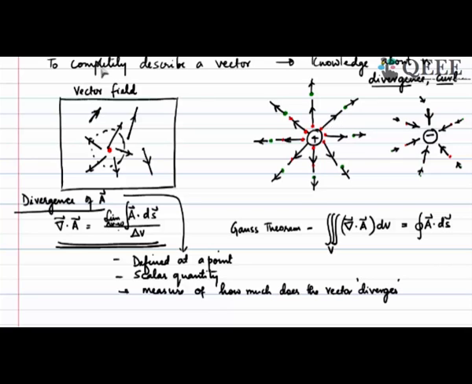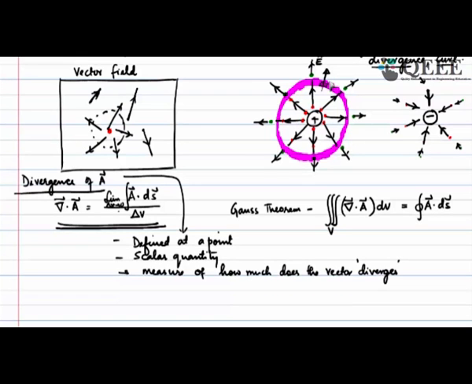So for example, if I take this force field of the positive charge and I am looking at a surface around it, which I am showing as a pink surface now, and I take A dot ds, where ds is an elemental surface somewhere here. In this case it is not vector A, it is vector E, and the direction of ds is the outward normal. So E and ds are in the same direction, and E dot ds is a scalar which is non-zero,